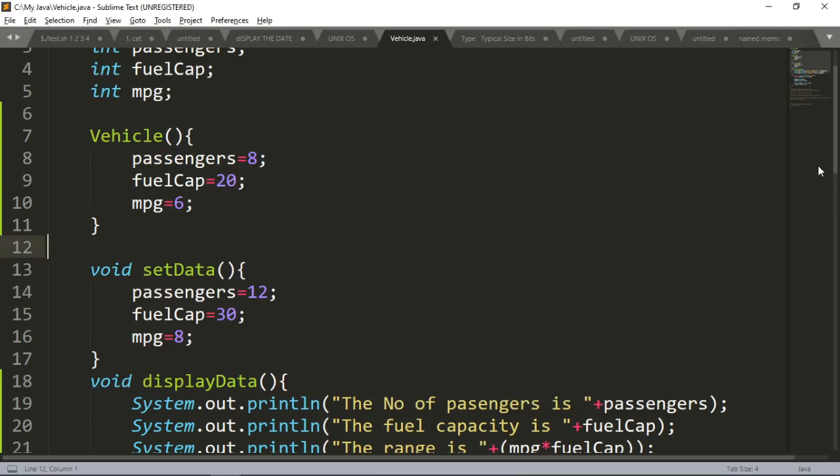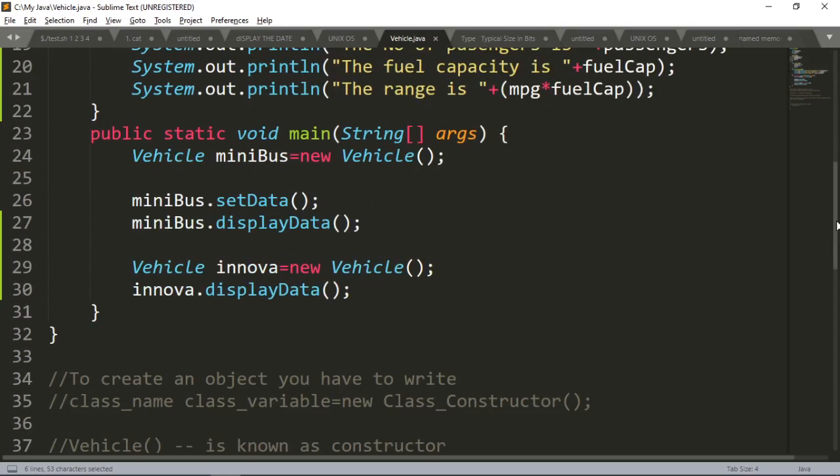That thing? It is showing because of this constructor. Whenever I define a constructor in my class, Java is going to use that constructor during creation of the object. As a result, when you have created these two objects, minibus and Innova, Java uses that constructor, and Java uses the same functionality, that is the same number of passengers, same fuel capacity, same miles per gallon for